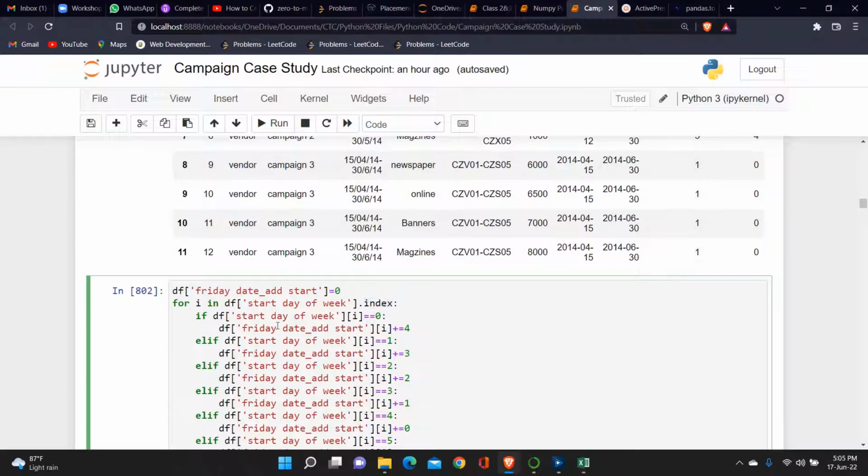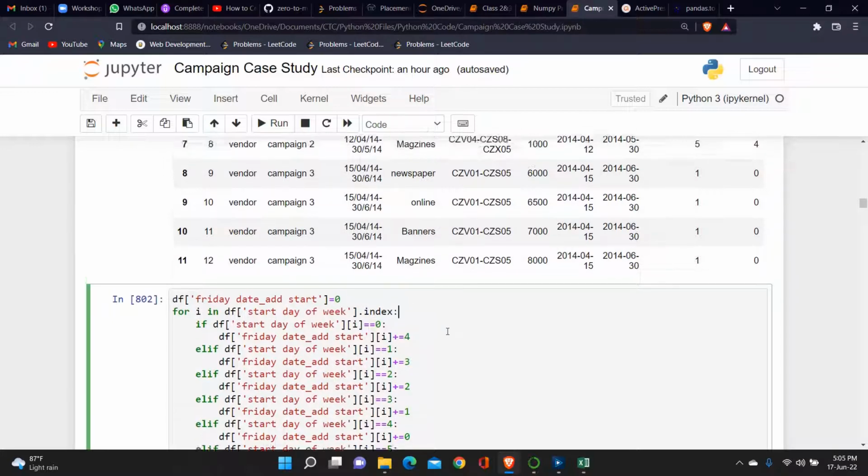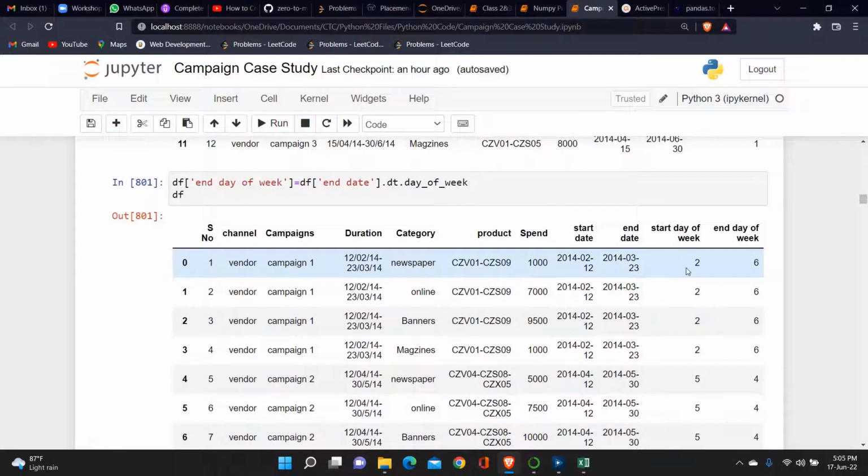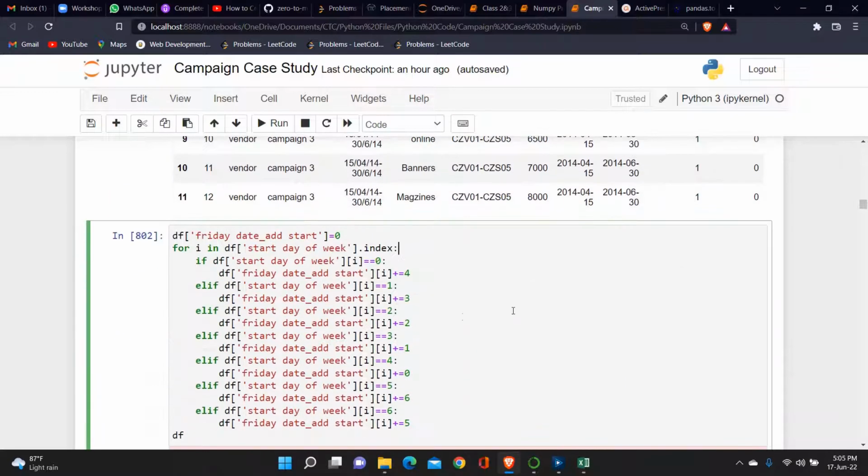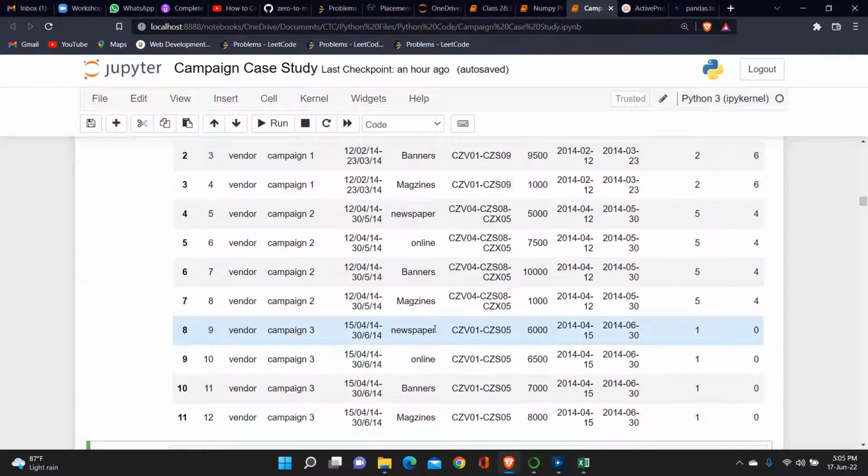So first of all i will be 0, so it will check whatever this value is. If this comes out to be 2, is it equal to 0? No. 1? No. 2? Yes, so this will do plus 2. So whatever output we will get